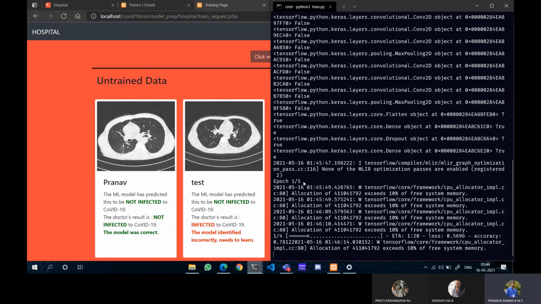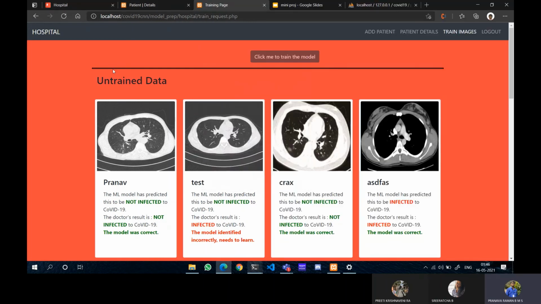In this case, it is running 5 epochs. The main idea behind this is that at the end of the day, the hospital will have a high amount of data, and they can upload all those images that have been graded by the doctor, and it will help in making the model better.